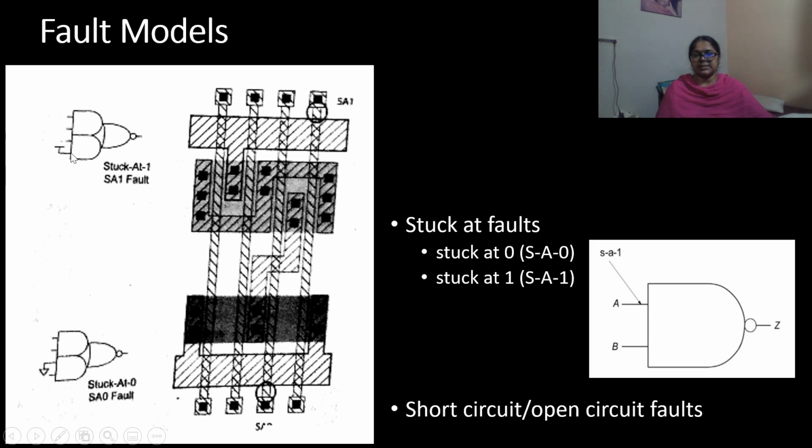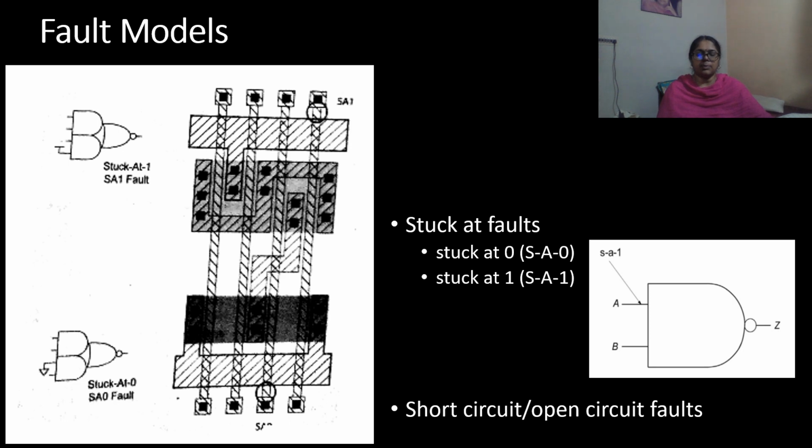In this example, you can see here this input of the gate is shorted to VDD even though it was not implied in the circuit. So this input is stuck at 1. Similarly, in this diagram, this input is stuck at 0 because this input is always connected to the ground. You can see stuck at 1 when, without intention, there is a short circuit of the input with the VDD. Similarly, stuck at 0 if the input is connected to ground.